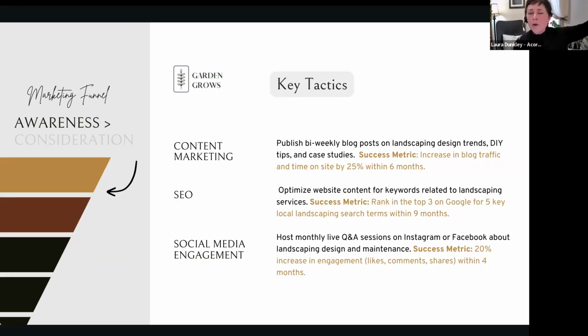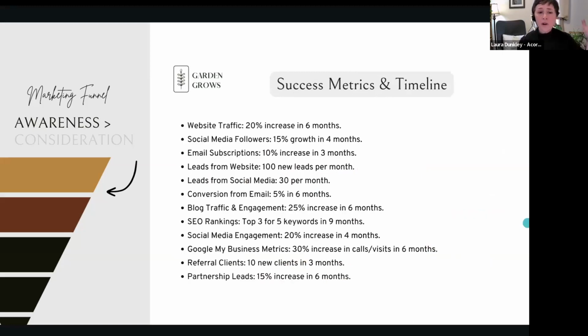So if you get eyeballs to your social media, they got to have a reason to stay. So make sure it's branded properly, you're posting regularly, and there's some engagement posts that are interesting to your specific audience. Really important. And here, I'm not going to run through all of them, you guys will have the resources afterwards, but here are some key metrics that you can consider for the tactics we just talked about.